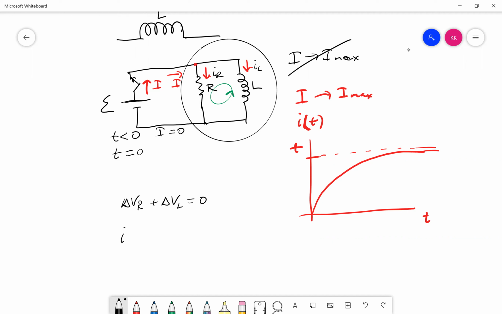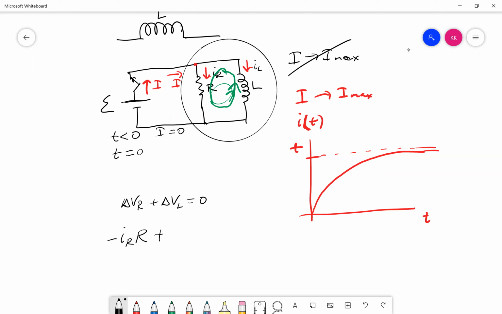So it's going to be the time varying current times the resistance value, and it's going to be negative, because for my counterclockwise loop, as I go through the resistor, I'm going in the direction of the current, which means my loop equation gives me a dropping potential. For the inductor, I go in the opposite direction of the current, which means that I have a gain of potential. So the equation is negative I_R, the current through the resistor times resistance, then plus